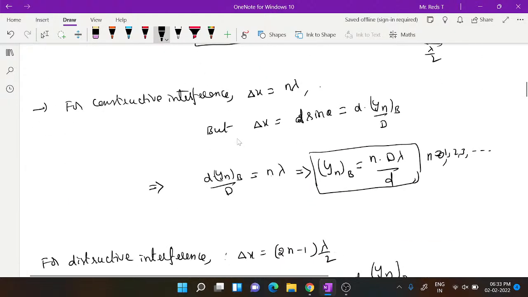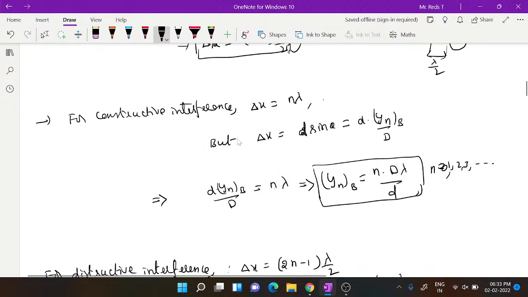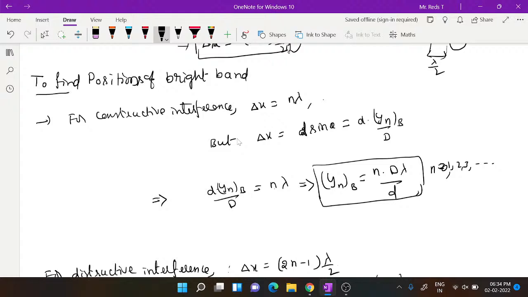Right, you see here, to find the positions of bright bands, or bright fringes, any word you can use, we have to just follow a few points. One of those points is that when you are getting a bright band, the two waves are undergoing